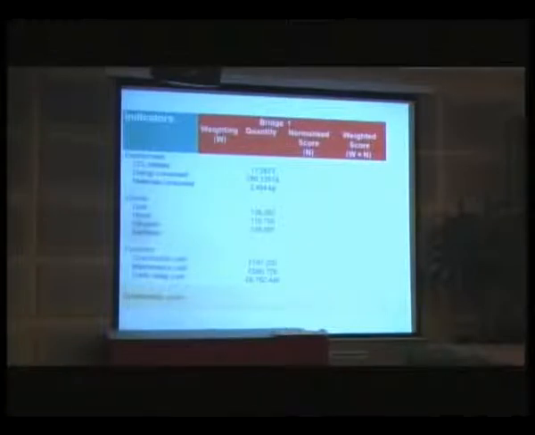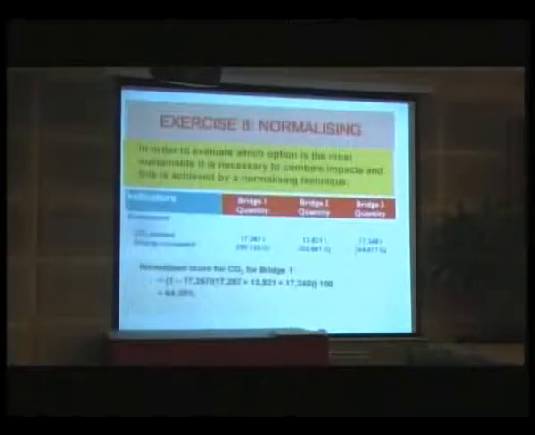Having gone through those exercises, at this point, you will end up with a table of results which looks a bit like this. So you've got quantities of the CO2 emitted, the energy consumed, the materials consumed, dust, noise, vibration, aesthetics, construction costs, maintenance costs, traffic delay costs. Now if you want to arrive at a sustainability score, you need to be able to add up those units, and they're all measured in different quantities. And so what we did was,